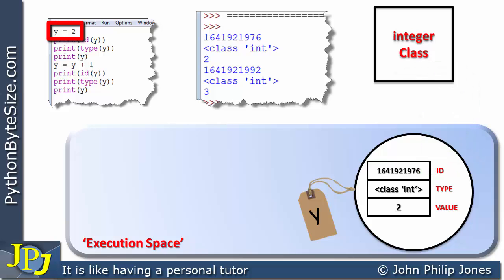Now this particular line here, print the ID of y, we locate the label, this is the ID, it gets printed to the screen. This one, print the type of y, we locate the label, this gets printed to the screen. We print y, we locate the label, we get at the value, and you can see that's printed to the screen. Now when we get to this line, y is assigned y plus 1,